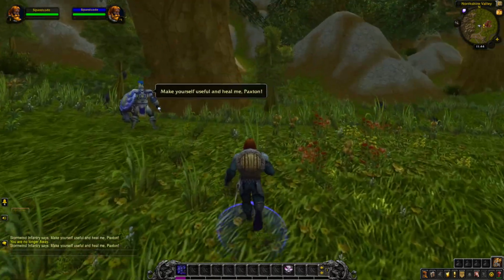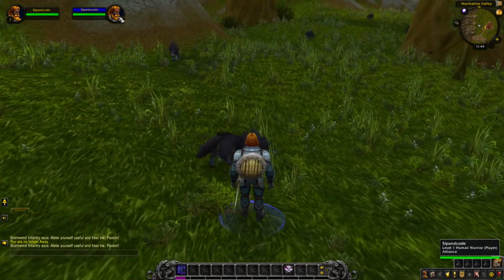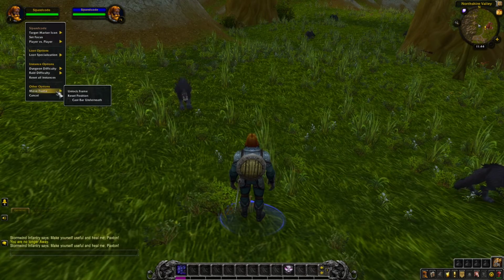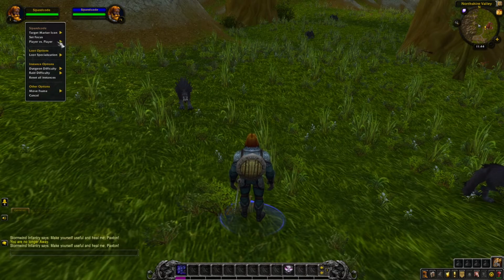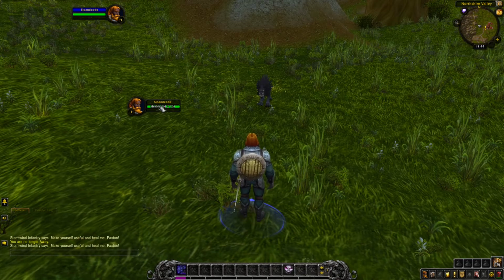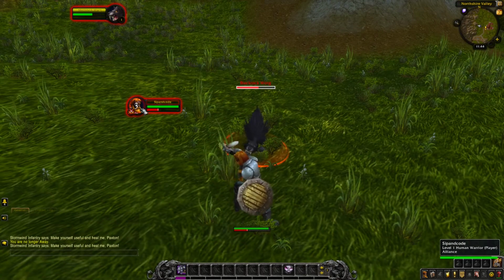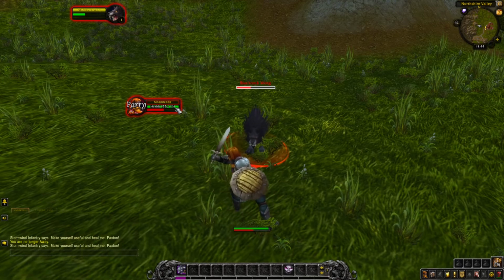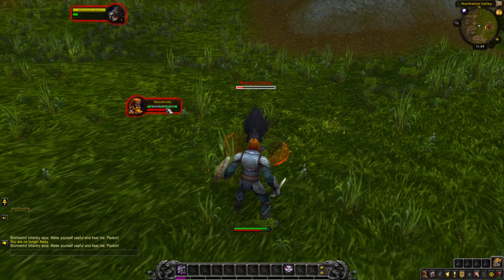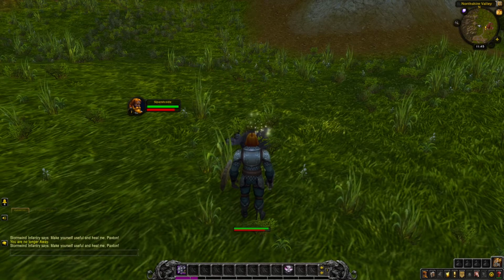So if I go and attack something right here, let's go attack this wolf. And let me move this 1 second. So I'm going to put my HP bar right here and let me attack this wolf. And you can see that I'm taking 3 damage, right? And my HP bar is going lower and lower. My current health is going lower each time he hits me by 3. So